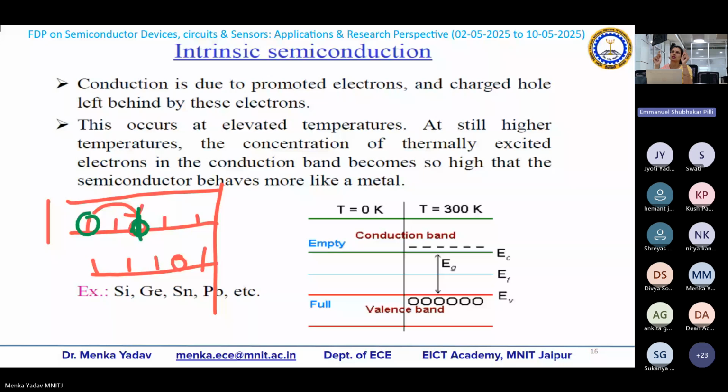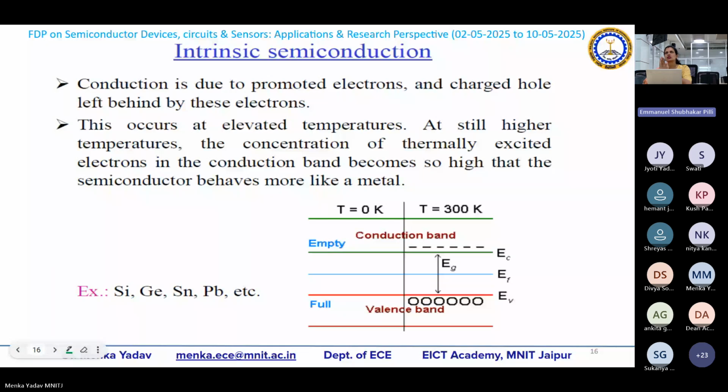For example, let's say some good thing is happening outside of the class. A person is going outside, and this person going outside means this particular seat is vacant, which means a hole is created. That's how these holes are being created, because electrons will jump and go over here because they have kinetic energy or some other type of energy. So it is for intrinsic type of semiconductors, right?